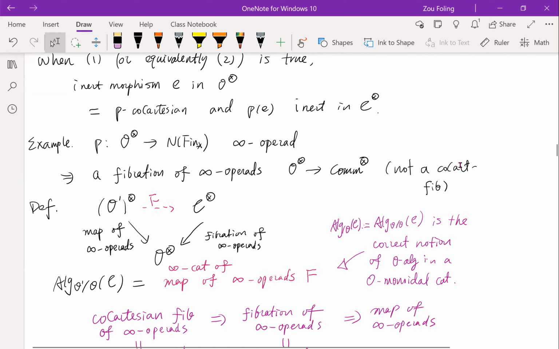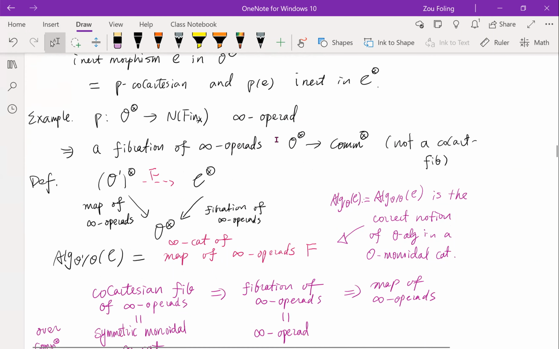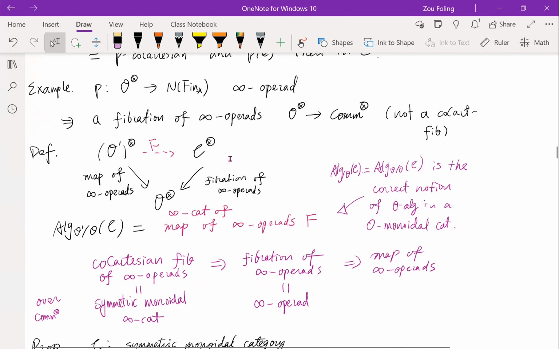And note that this is not a co-Cartesian fibration, because this P may not be a co-Cartesian fibration. That's requiring it to be a symmetric monoidal infinity category, but I'm just starting with an infinity operad. Okay, and